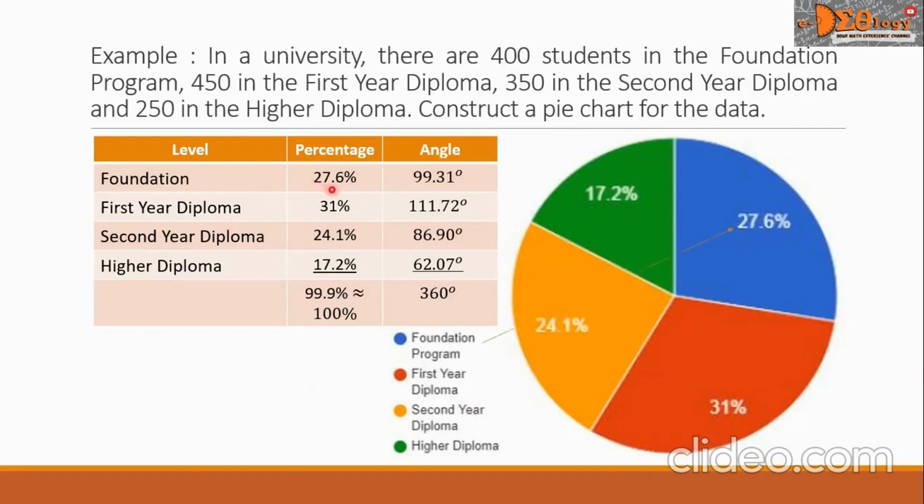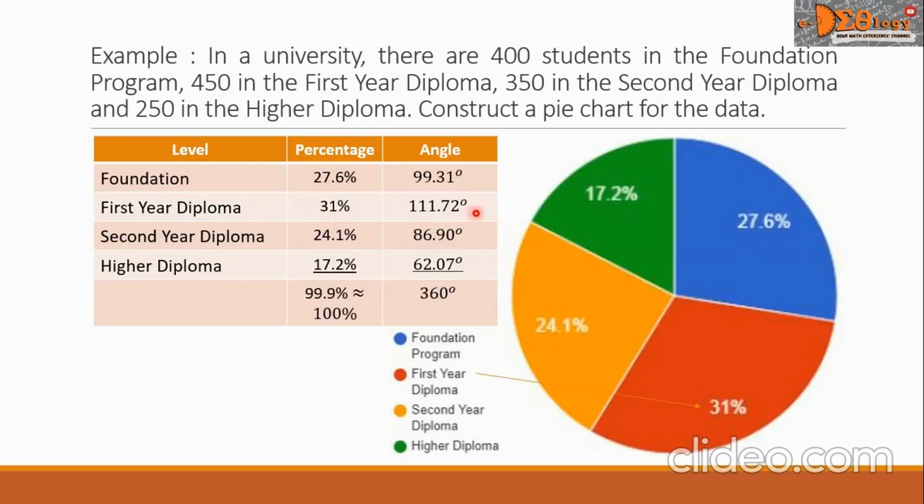So this 27.6% is written here. And for the angle, 99.31 degrees, it is estimated in the central angle. The next level is for first year diploma, which is 31%. And here is the 31% in red-orange color. And the central angle here is estimated to be